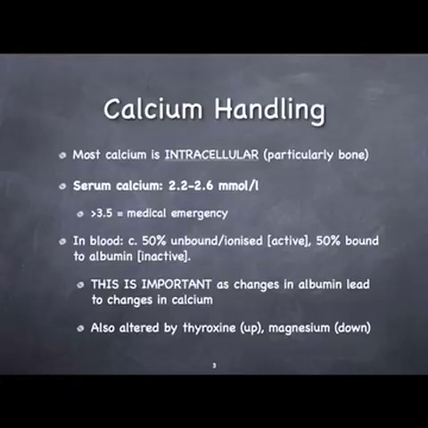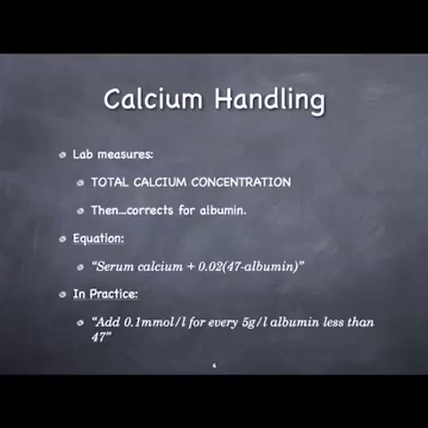Of the calcium in the blood, 50% is unbound or ionized, and this is the physiologically active calcium, while the other 50% is bound to albumin. This calcium-albumin binding is pH dependent and decreases with acidosis while it increases with alkalosis. While it is possible to measure only the unbound calcium, the lab routinely measures the total calcium concentration and then corrects for the albumin. This is necessary because if albumin concentration falls, total serum calcium is low because the bound